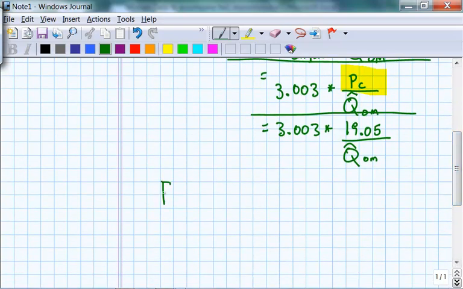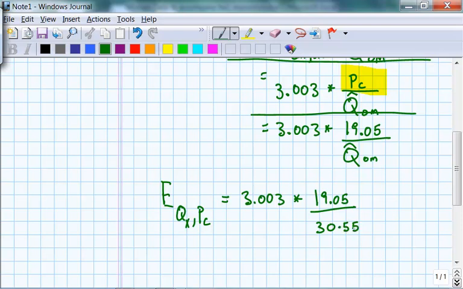So the elasticity with respect to Q_X comma P, oh, that was bad notation there. Let's get rid of that little X up there and call it Q sub X, so my notation isn't any worse than it has to be, and that is going to equal 3.003 times 19.05 divided by 30.55. So realistically, you're much more likely to do this in Excel,